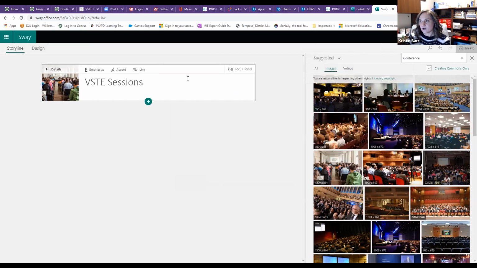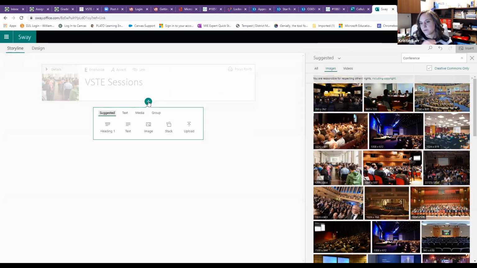So once you have your title there, this plus sign is how you add another card. These little boxes where you can add your content, they're called cards. So you click the plus sign and it's going to suggest what would make sense to add next based on what you just added. So you can add a heading, some just regular text, an image, a stack is a group of images, or you can upload here where you upload a file, as I had mentioned, where you start